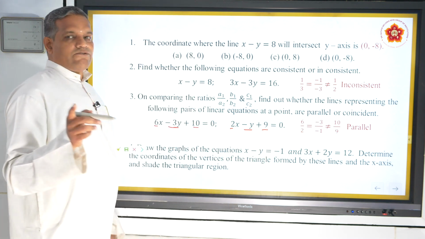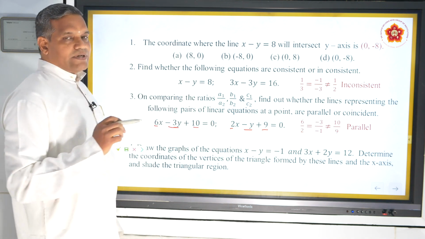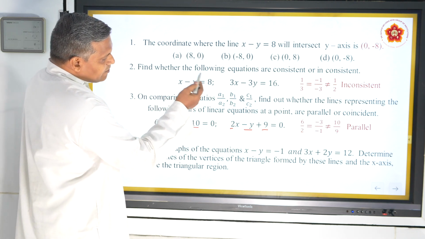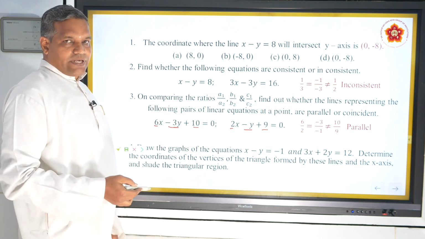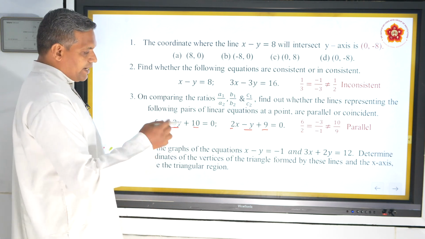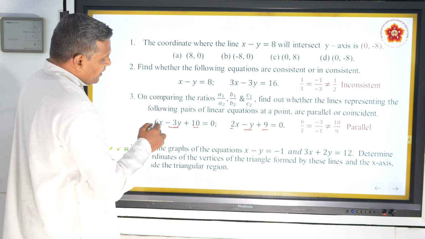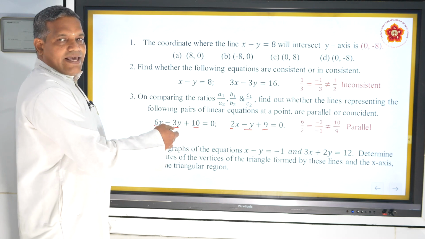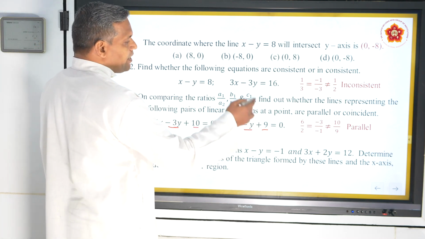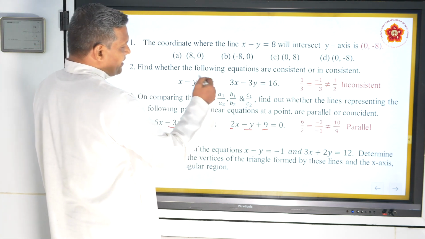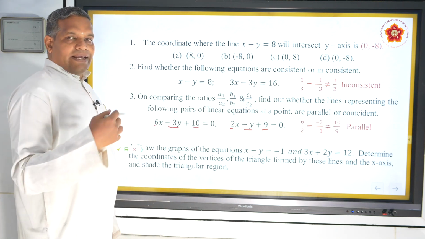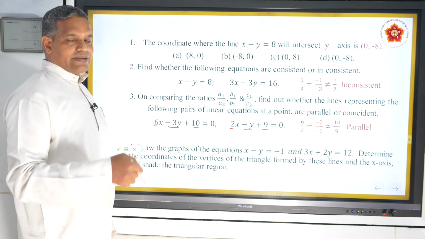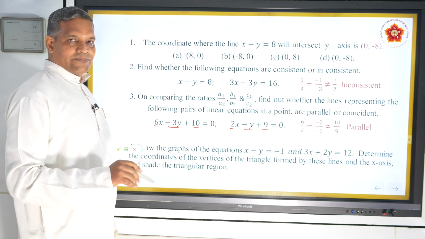See, you have to observe, in giving homework, I made a technical homework. See here, 8 is transposed to that side, 16 is transposed to that side, it is not a standard form. In the second case, what did I do? I gave ax plus by plus c, ax plus by plus c. In this case also I can take directly c1 and directly c2. Here actually I am supposed to transpose 8 here and transpose 16 here. In either case, signs will change. Minus, plus will become minus, plus will become minus, minus cancels. Answer is same. Did you get this trick?